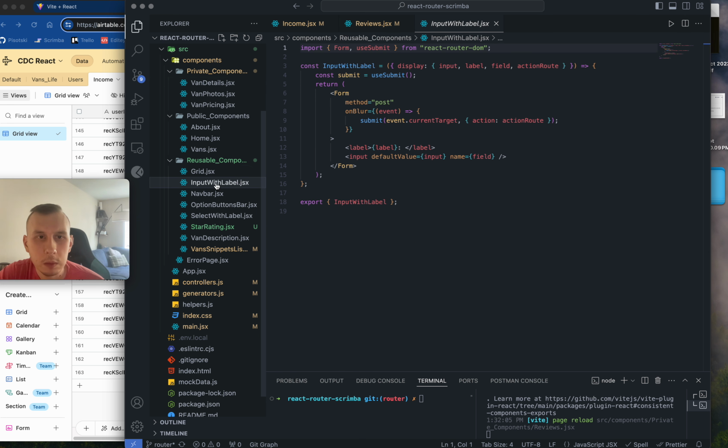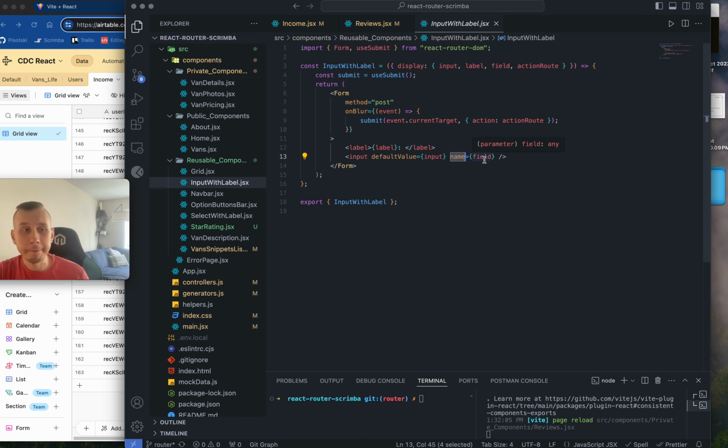Let's see, input with label. Here you go. The method is post, and it will be bounced, given back with its name and a field. The name will be a field, and on its way back